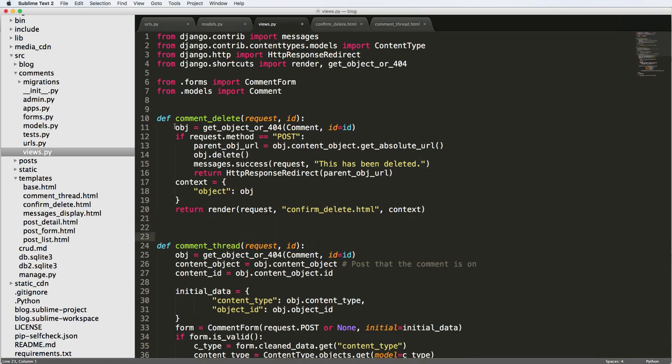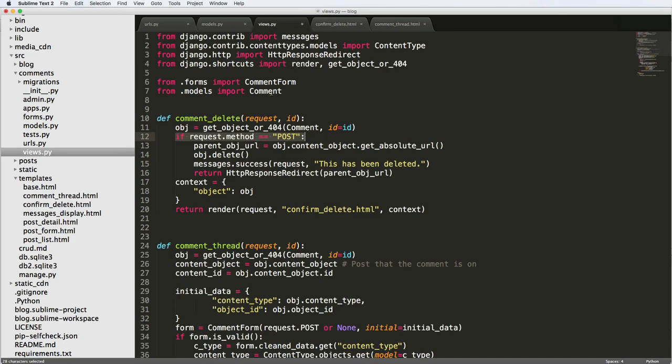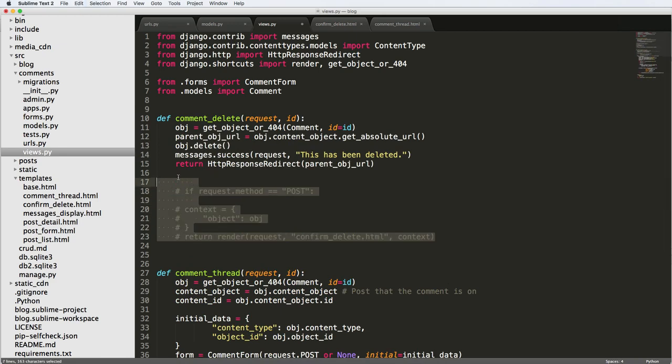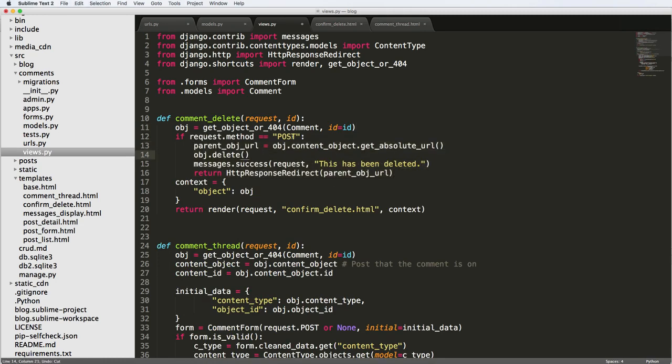What we have here is, first of all, we're getting the object based off the ID. That's fairly straightforward. We're checking whether or not the request method is post. Now, the reason we're doing this is only because we wanted to add that confirmation step. If we didn't want to have that confirmation step, if we just wanted it to be a URL, we could just basically do all of this stuff right here, just do that inside of the GET request. That is, we could just cut this out, paste this here, and just completely do that if we didn't want a confirm delete page. But since we did want a confirm delete page, we added this request method of post,